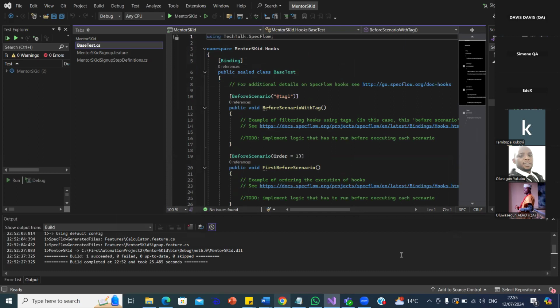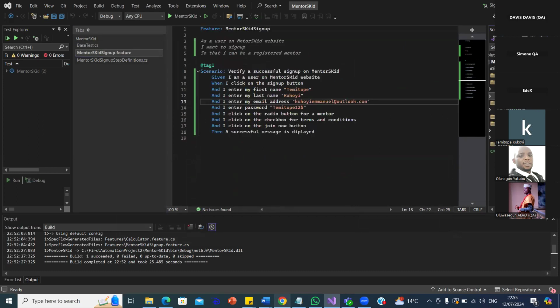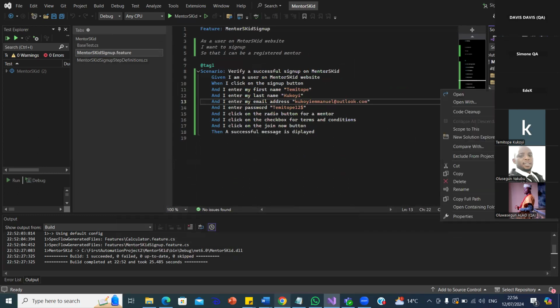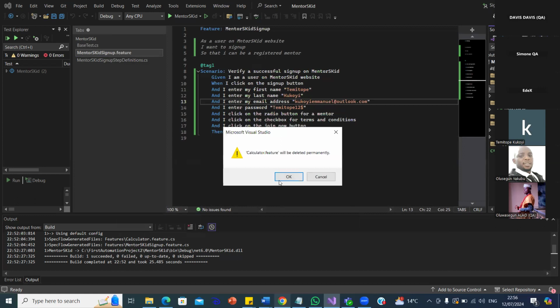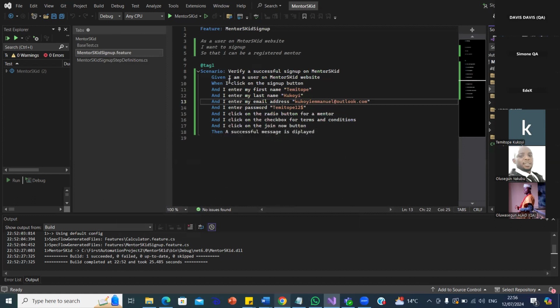A quick reminder of certain things before we continue with our base test. Your feature file, your mentor skid sign up. As a matter of fact, that first one, the calculator feature, you can delete it, but you can still leave it. Your line 7, what did you notice? You can see at tag 1, isn't it? Yes. Sorry, let's just glance through these particular features. Line 7, at tag 1. What do you mean by tag 1? Okay, let's go back to my base test,